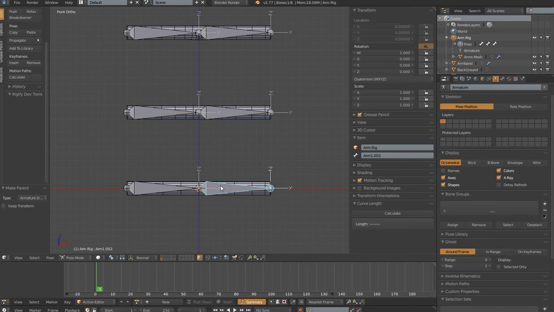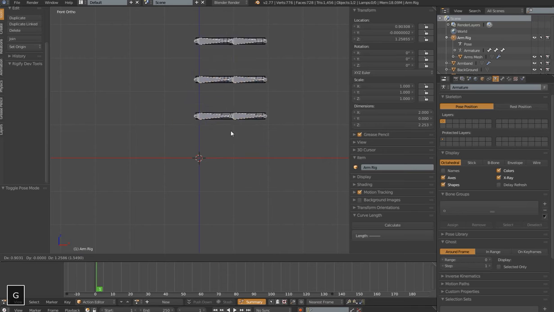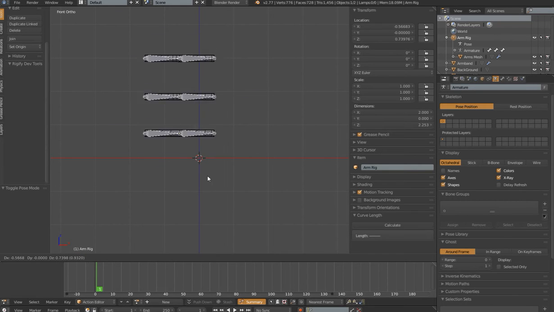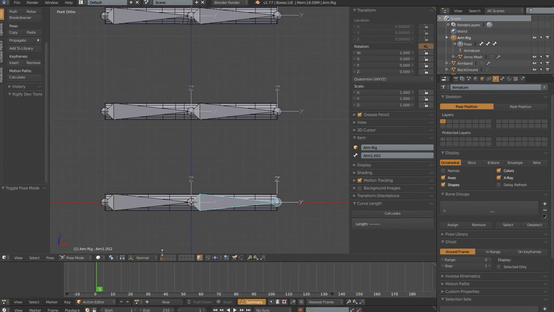I do want to show you one thing that you may think is a little bit odd here. I'm going to select my armature and go to object mode, and if I actually select that armature and move that around, you can see the mesh is actually going with it, but in pose mode it's not having any effect. So that might seem a little bit odd to you, but if I show you this little example here,